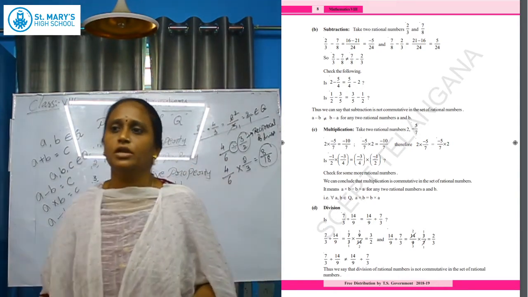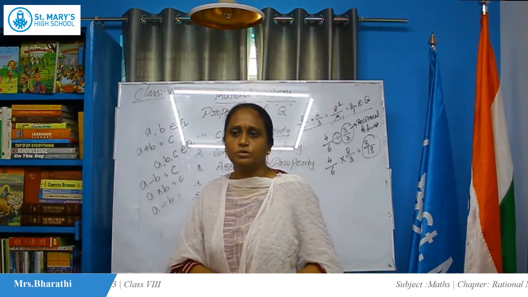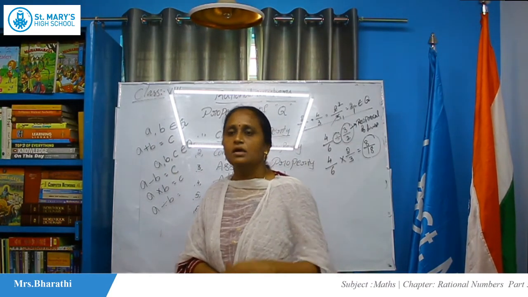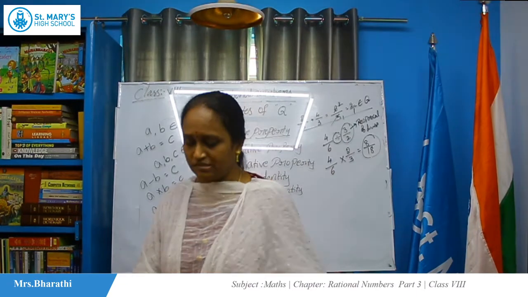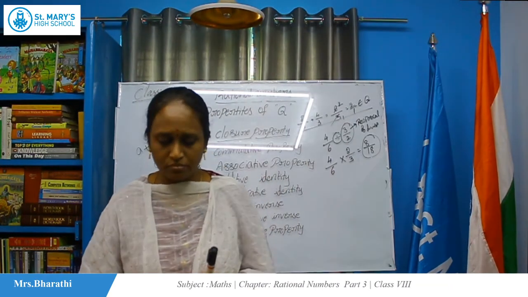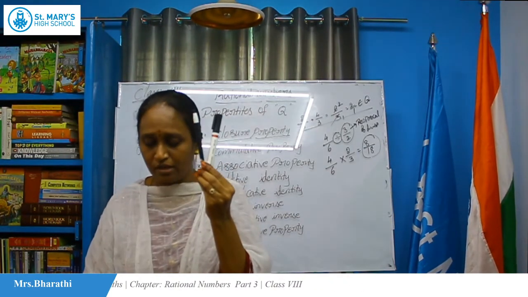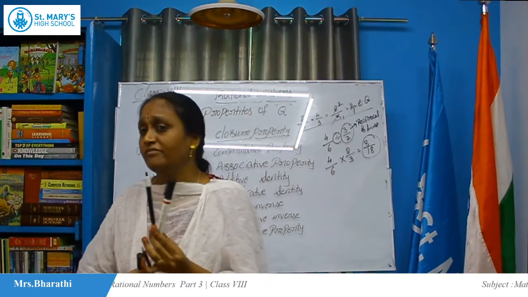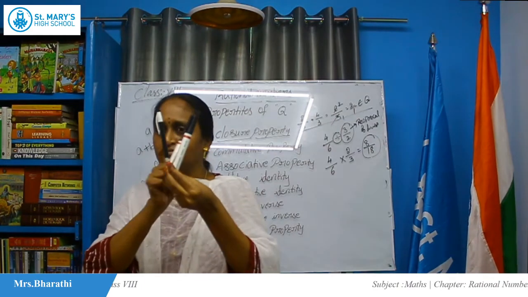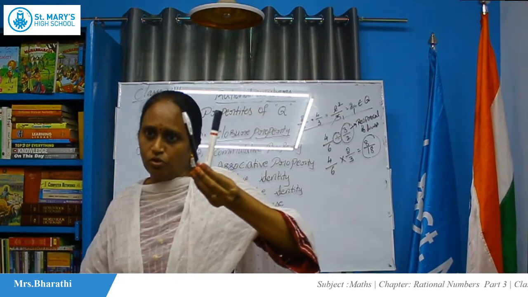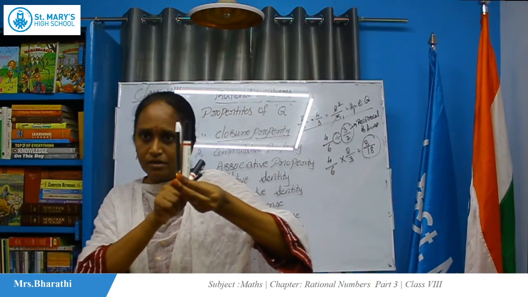What is the commutative property? In the first example, the closure property, we took only a and b, only two numbers. So suppose, see here, I am taking a, b. Then I will change the order. So see here, by observing this video, the first one is a black pen and the second one is a marker. Is that not so?